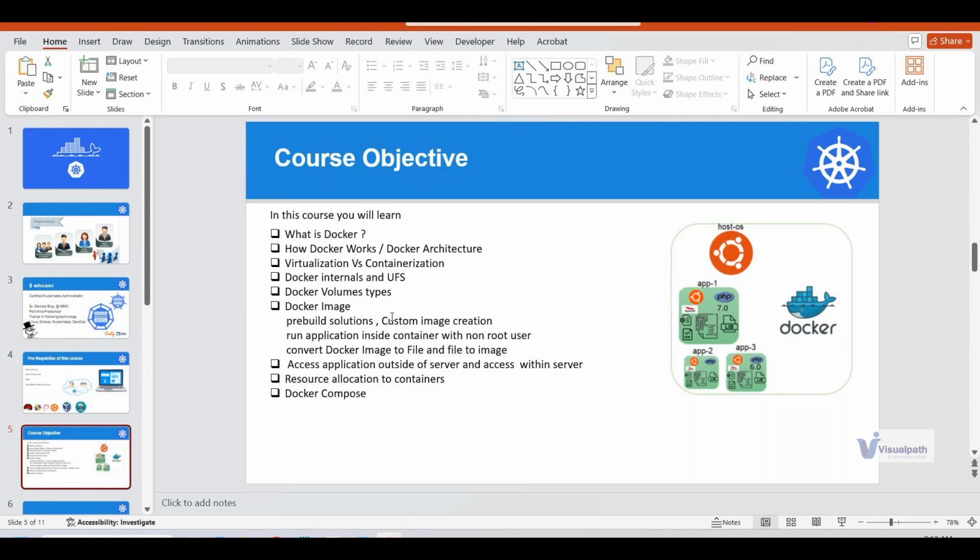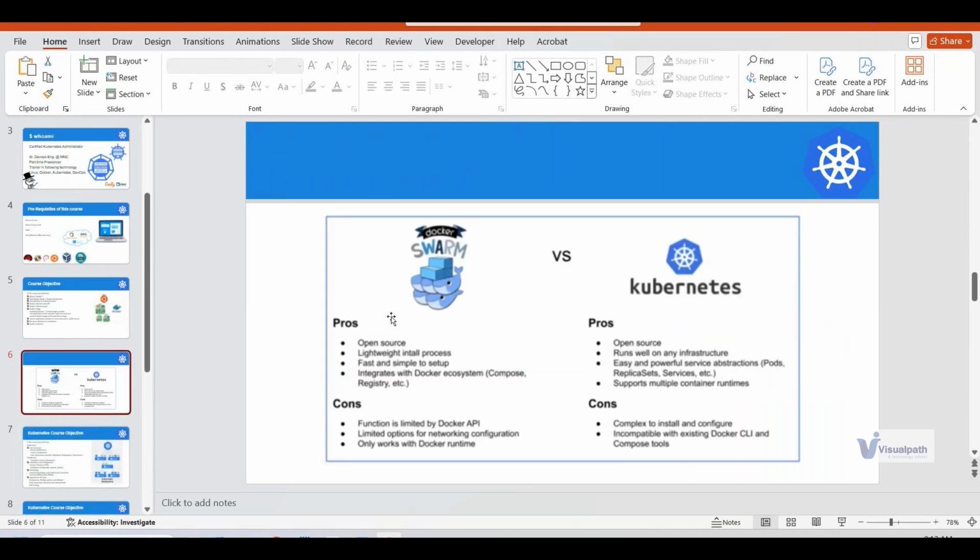So it's better to write everything in a file and then execute it at once. This is what Docker Compose is. Dockerfile will be helpful to create Docker images, to containerize your application basically. Dockerfile is useful. So this was a bit about Docker, guys, and after that we will be starting with